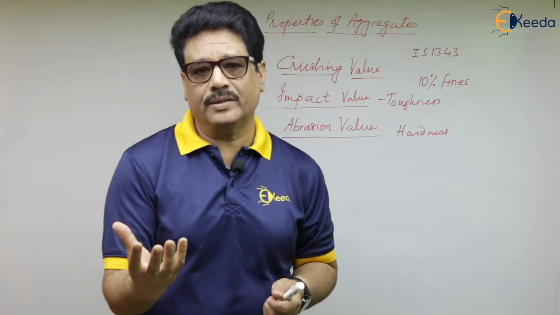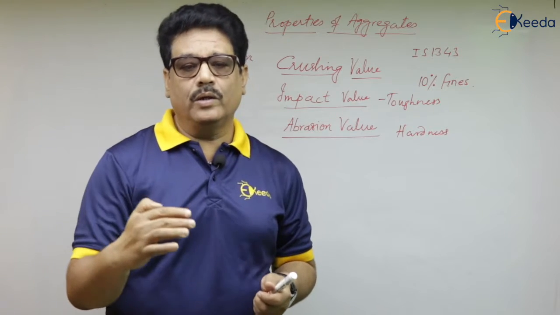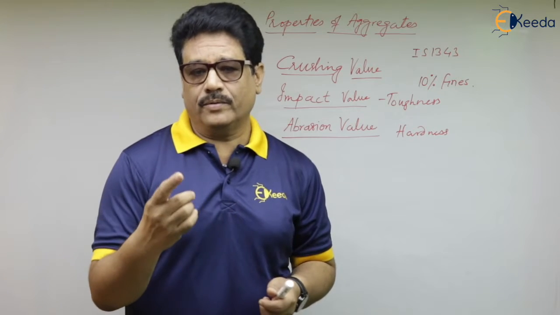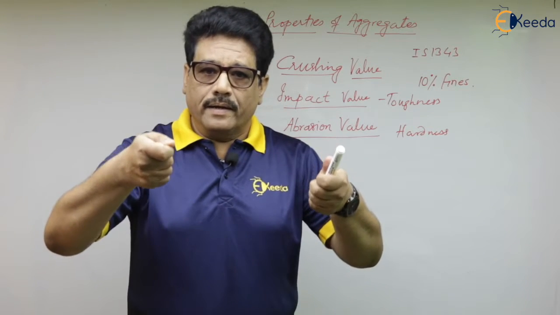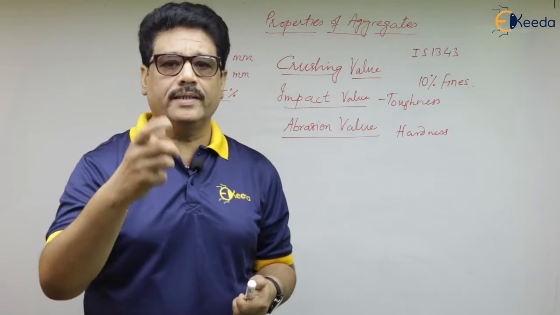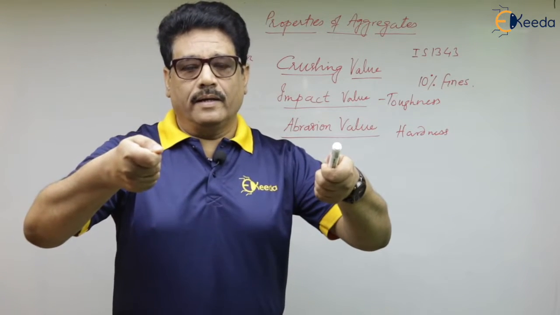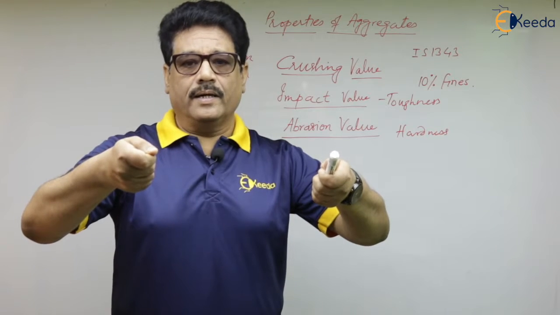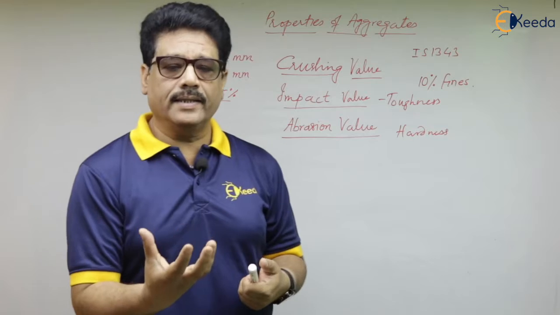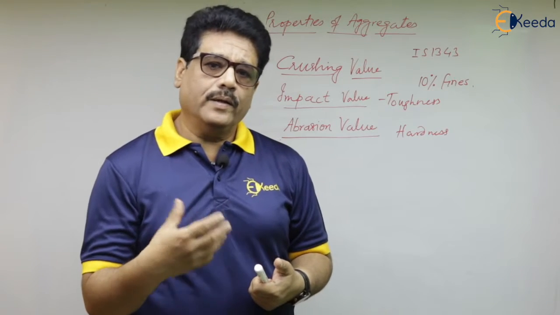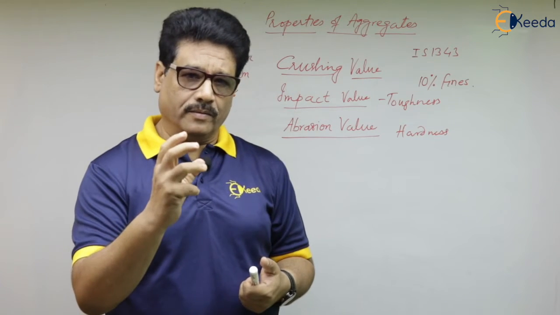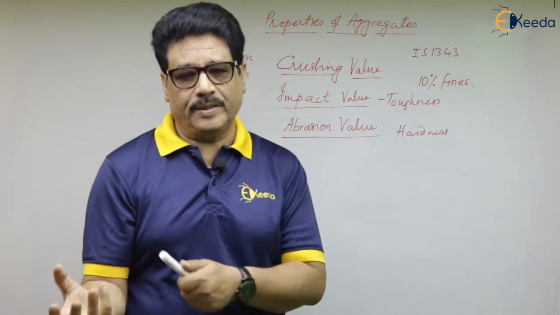There is a mold of that machine, we have to fill that mold in a systematic manner as directed by the Indian Standards 1343, and then we have to apply the impact, or we have to give the impact in that machine. There is an arrangement, you have lifting of those two arms, and then suddenly you have to release, so there will be an impact on that aggregates in the mold, and then you have to see how much the crushing, or that means fine powder of that, has been there.